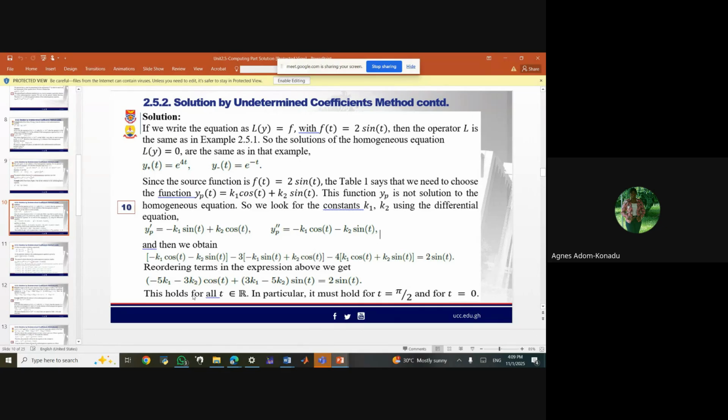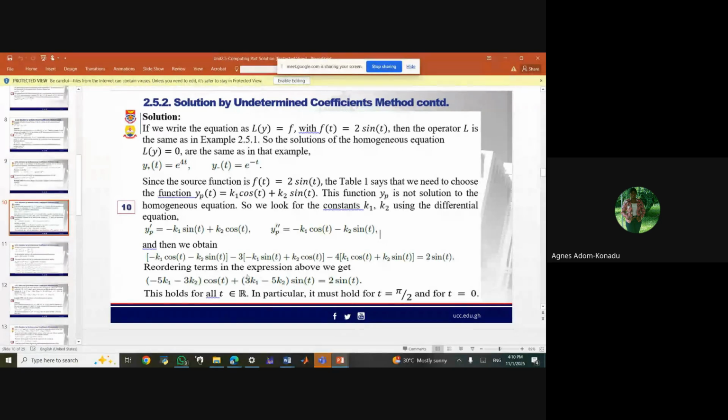And to solve for this, you know that my t, this is a trig function. So I can choose 90, 0, or whatever, and you will see that some of them will give you the same thing. So I'm considering 90 and then 0. So when t equal to 0, what is cos 0? It's 1. So when t equal to 0, this one will be minus 5k1 minus 3k2 times 1 plus,